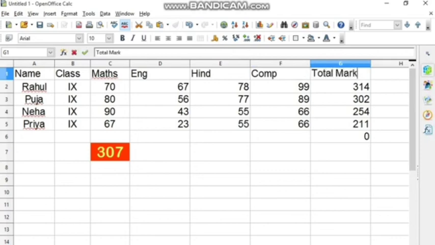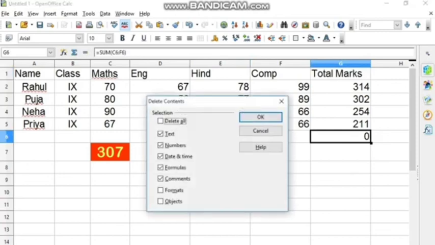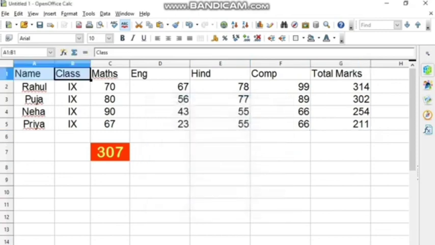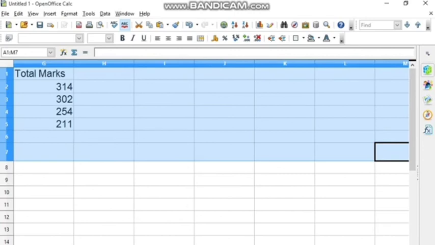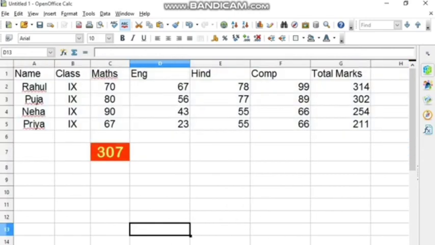Alright, so this is how I have done the total. Now you do the total of your marks in all the subjects and try to find out the percentage as well. If you find any kind of problem while doing it,